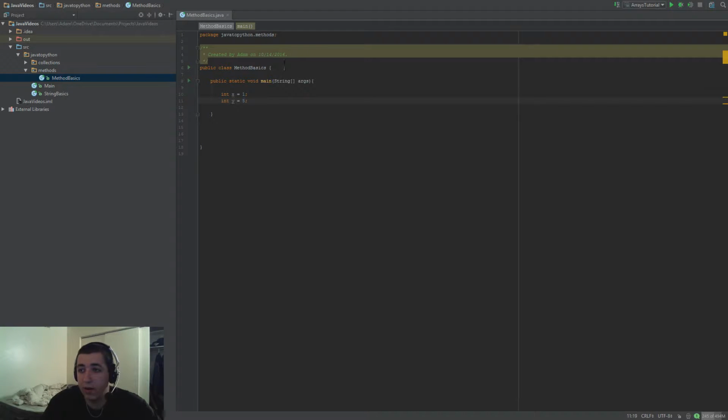Okay. Now what we want to do is pass these into a method and get the sum. So let's create the method real quick. Now there's two different things we could do here. We could say public, or we could say private, because the first thing we do in our method definition is determine the accessibility of that method. Do we want it to be private, meaning the only place it can be called is from this class, or do we want it to be public, meaning we can call that method from any class outside of this one